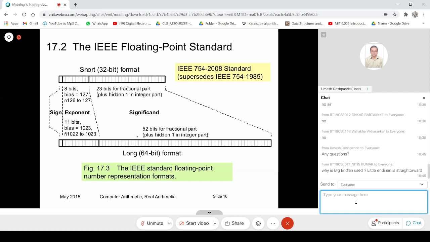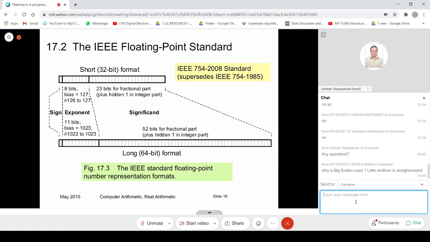This 32-bit form in the IEEE 754 standard is split roughly into three parts. The most significant bit is the sign bit that tells us about the sign of the entire real number.